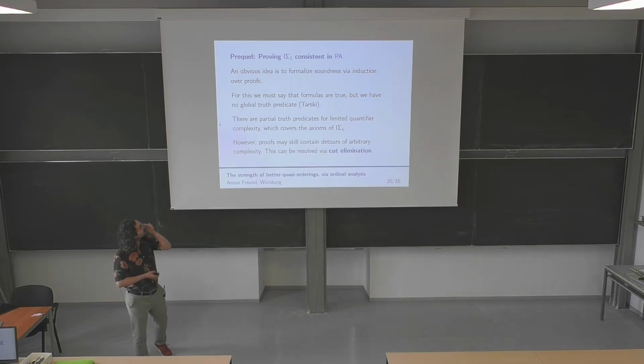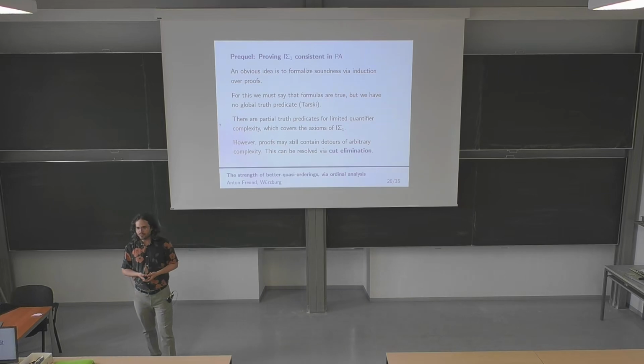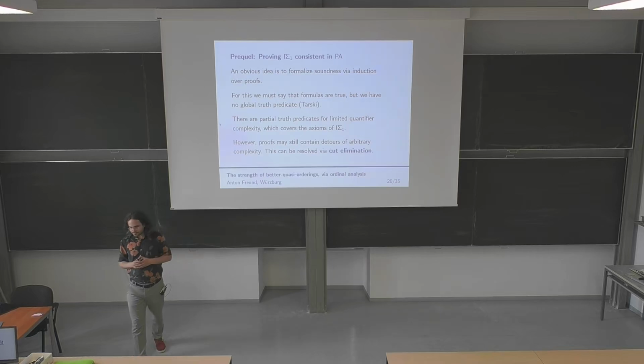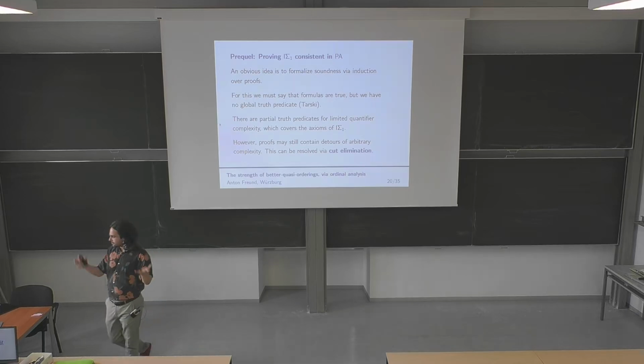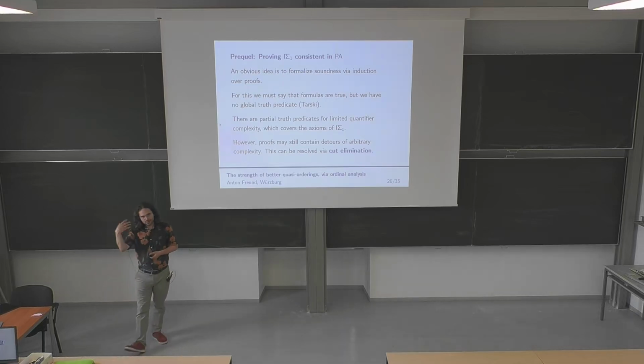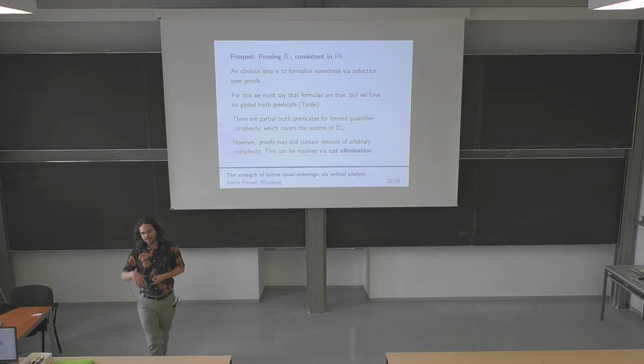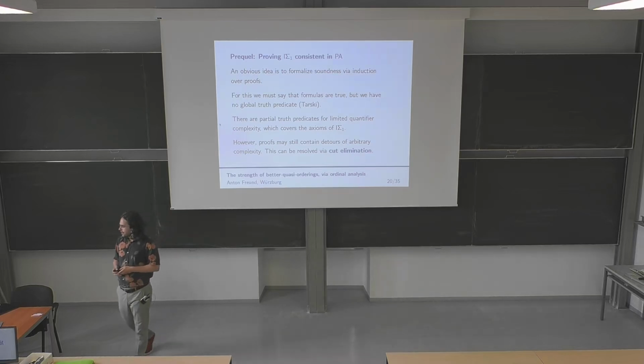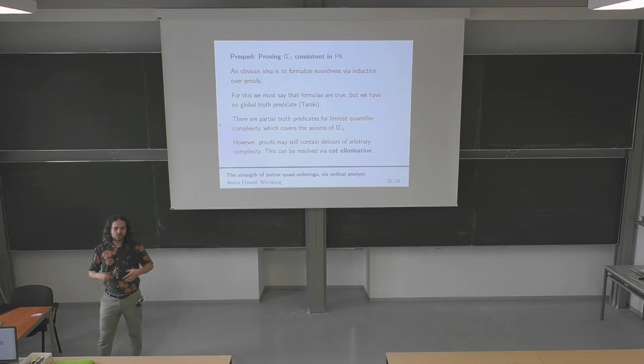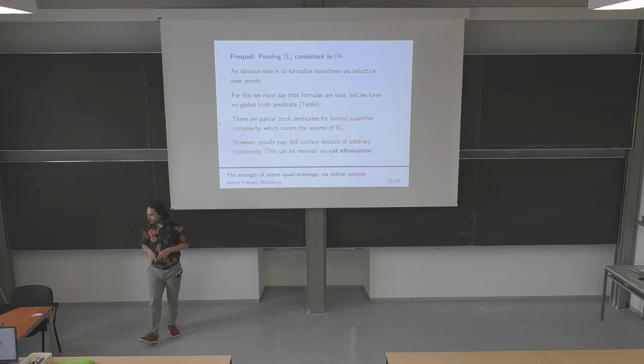And I sigma 1 is quite a small fragment compared to all of PA, so you should be able to prove its consistency in the full theory. And how do you actually do it? I guess the obvious idea would be to formalize the soundness proof. So you assume you have a proof of contradiction in I sigma 1. You want to exclude that, but assume that you have one. And then you start at the axioms that appear in that proof. These are true as recognized in Peano arithmetic. And then you want to go through the proof and show that all formulas that occur in the proof are true. So the end formula cannot be 0 equals 1 or your favorite contradiction because this one is not true.